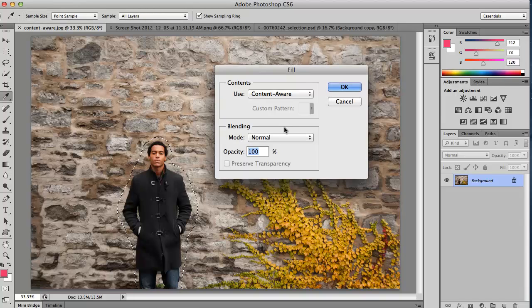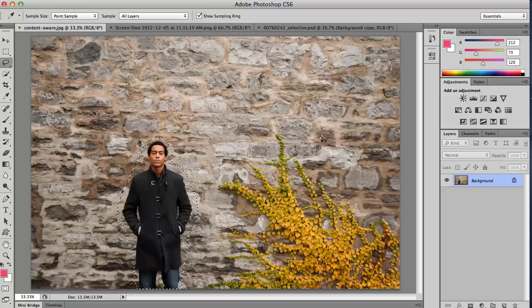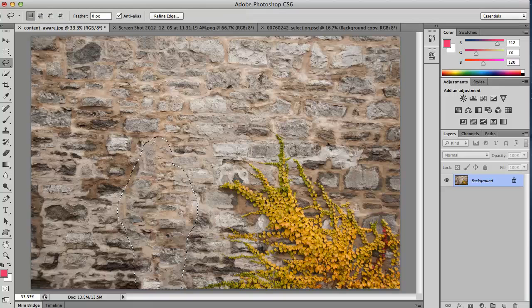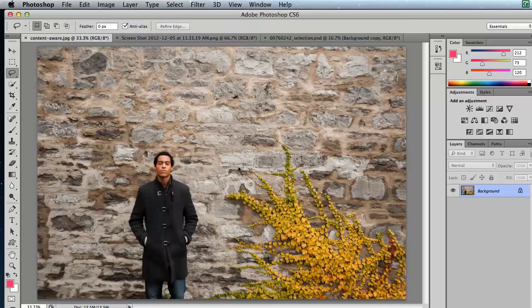If I hit delete, it's going to pop up and ask me if I would like to use Content Aware Fill. I'm going to click OK. Photoshop analyzes the subject matter within the selection, gets rid of it, fills it in with surrounding material. Now, if you want a more in-depth lesson on Content Aware, I've posted a movie on that earlier. But I'm going to go ahead and revert this because what I'd like to now show you is Content Aware